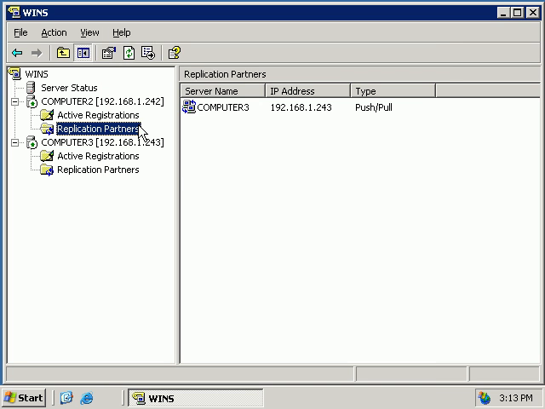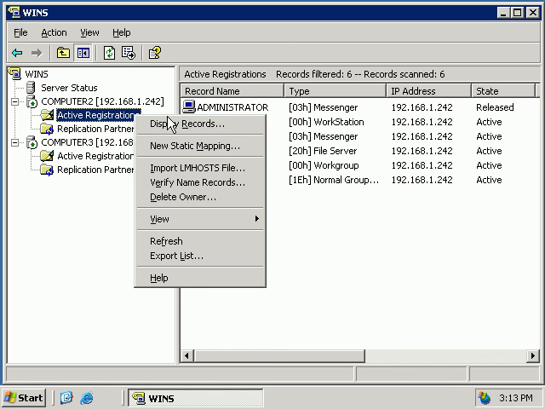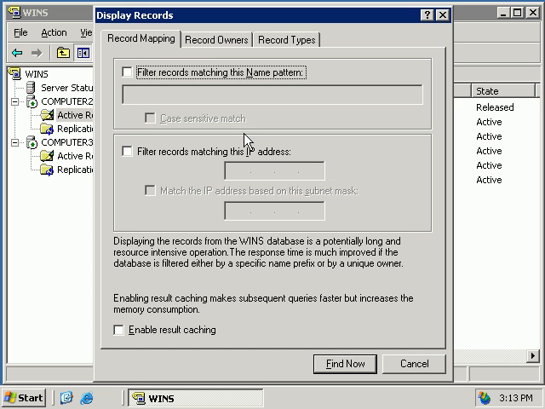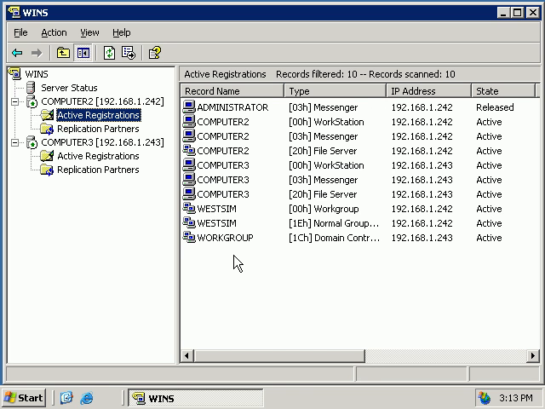Okay, so hopefully replication has taken place now. Let's take a look here. So on Computer 2, let's look at all records. We'll display records, and we'll choose to find all records at this point, and we should have records from server 3 now. And there we go. So we've got some Computer